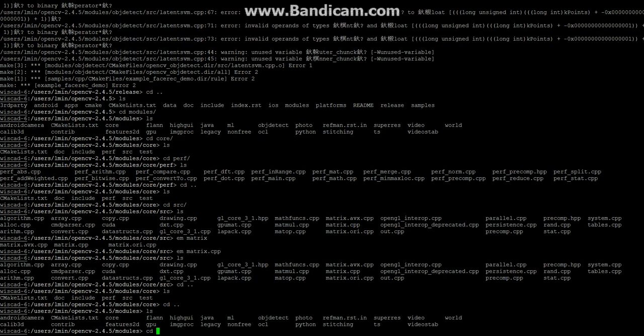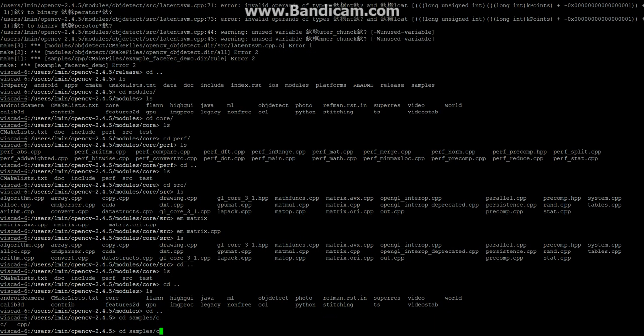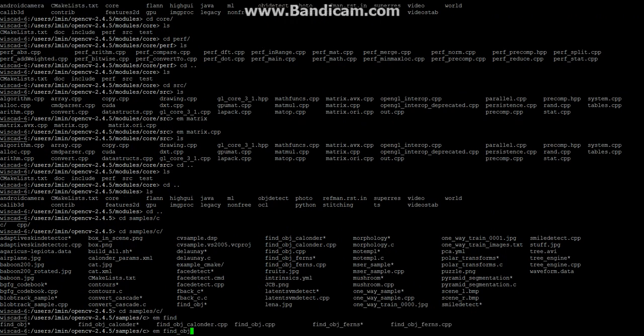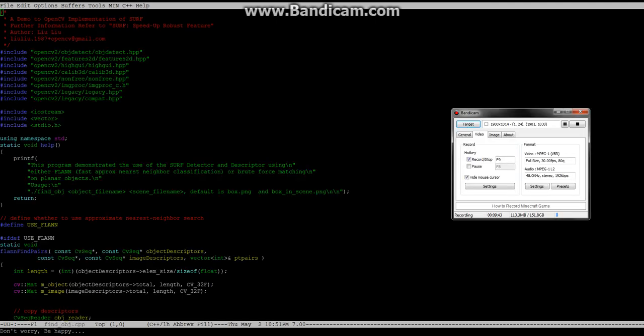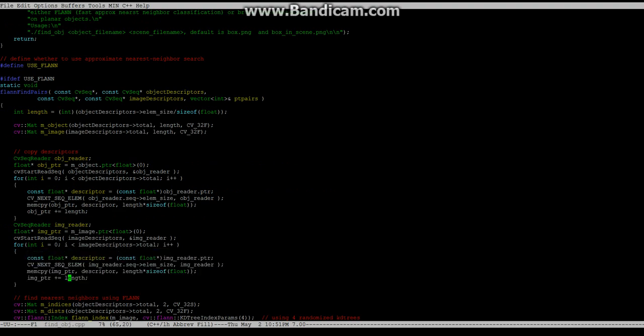For example, let's go back to the samples folder under the cpp examples. So if I'm looking for the find object.cpp, okay. So if you look at this, there are several folders that it calls for. As you can see,